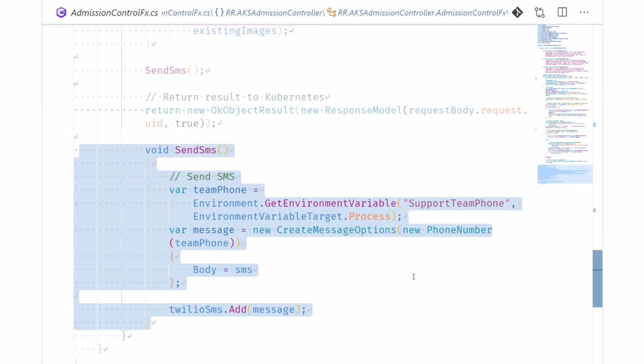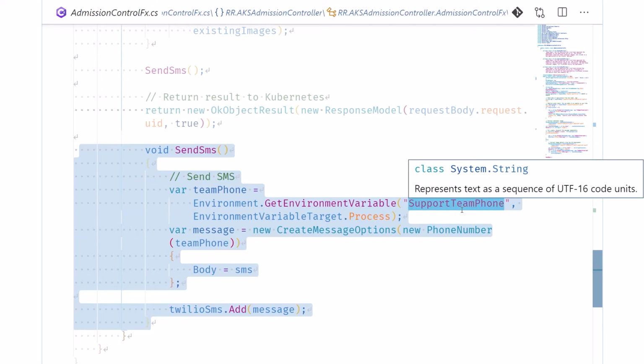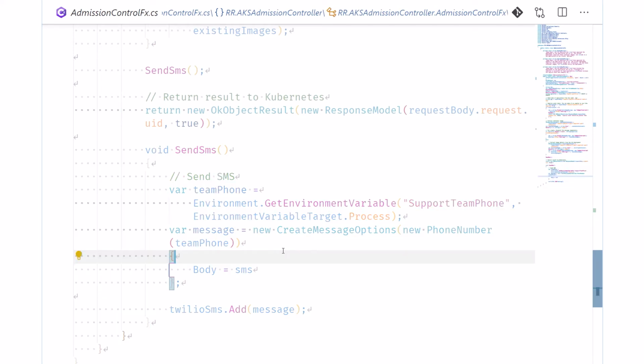Here you can see that all this method does is fetch the phone number from an environment setting, and then use the string message that was composed by the function and simply add that message to the Twilio collector.